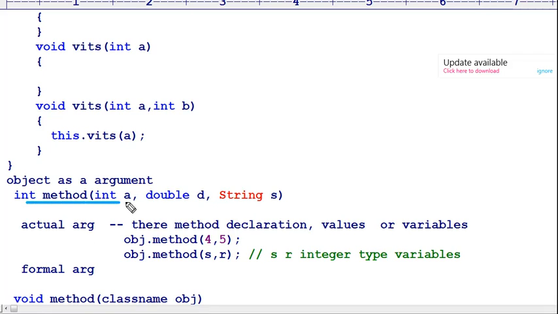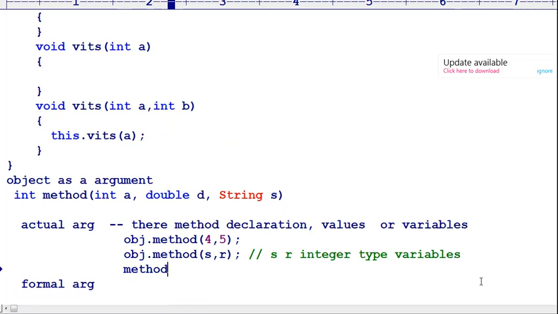If you take this as an example, these are the formal arguments. The first argument is an integer. The second argument is a double. The third argument is a string data type. Now, when we call it, the actual arguments should be passed in the same respective manner. When I call this method, I call it with an object, any object, to call the method. The first argument should be a, which is integer data type, I am passing 23, then double data type 4.5, and after that, I am passing Prakash. This is the text.